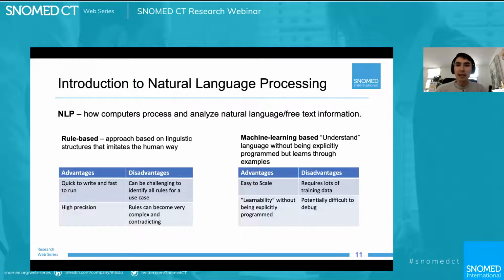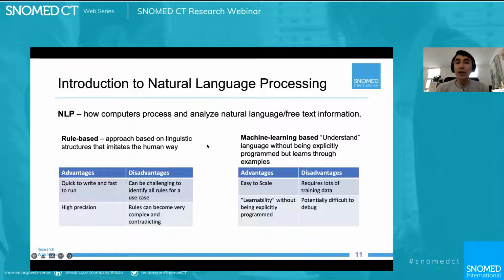I'm going to continue on from that and build upon the previous SNOMED CT webinars, give a bit of an introduction first, but then talk about how we actually use these automated methods and how we leverage the power of the knowledge base that SNOMED holds to automate this process, and how it really wouldn't be possible without the advantages of SNOMED.